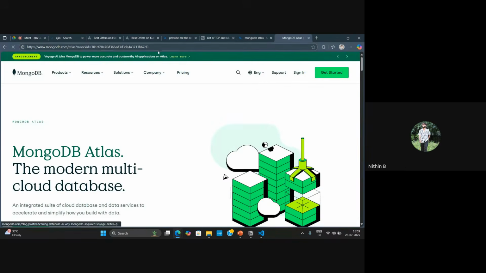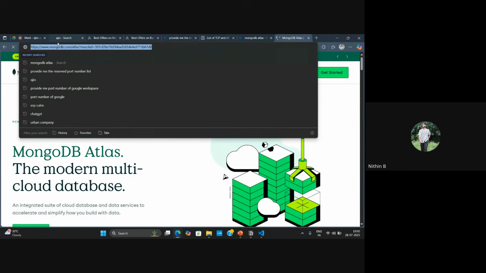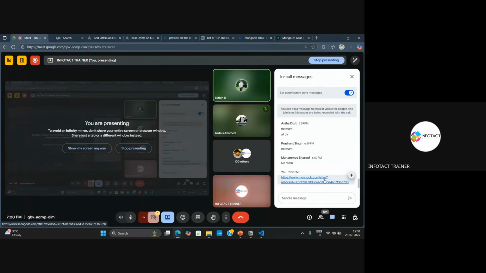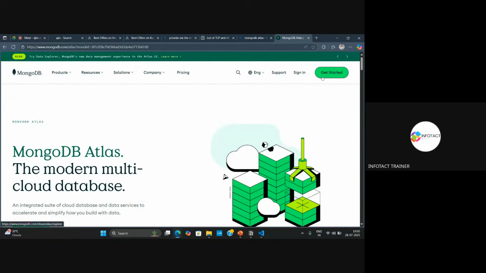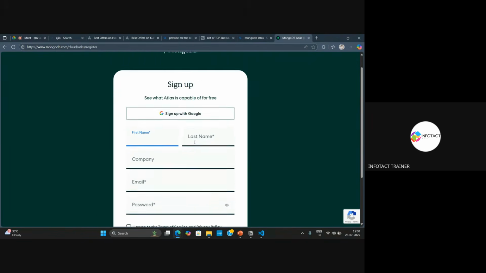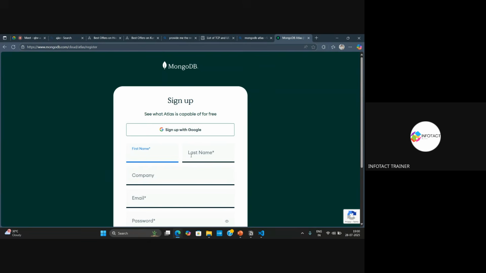I will provide the link of this website to you people in the group chat. Go to this website, that is MongoDB Atlas. Get started. Sign up with your Google ID or anything, and then inside MongoDB, you will